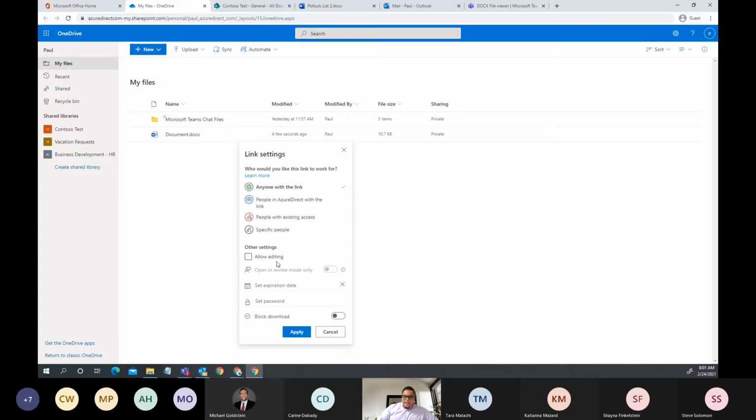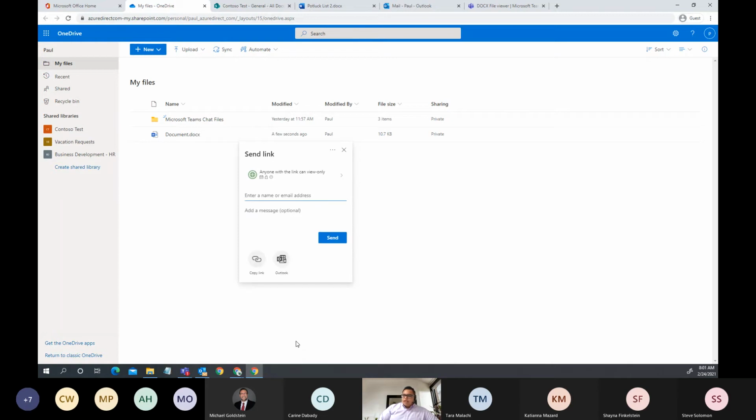Assuming I do not allow editing, I just want people to review this. I can then set an expiration, so maybe I only want it to be accessible for a day. And I want to set a password as well. I'm just going to use "password" because it's pretty simple. In addition, one of the coolest features here is that I can block downloads. So I'm going to turn that on. I'm going to have the password, which is password. And then I'm going to apply all those policies